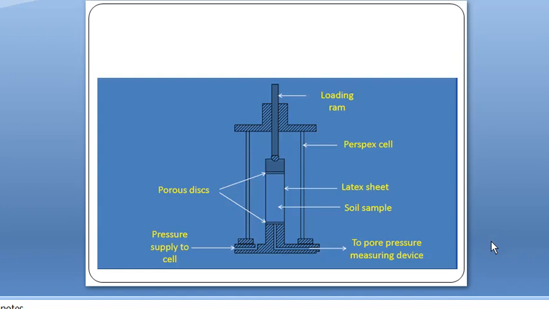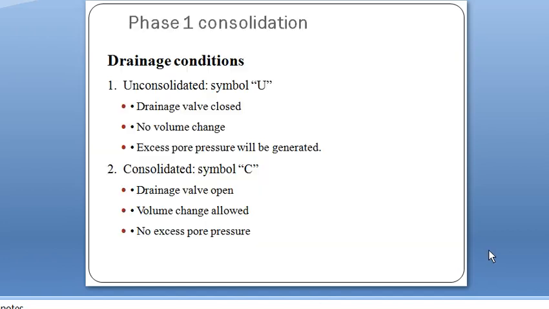And this is the experimental setup to find the shear strength. There will be a loading ram. Through this loading ram we apply the normal stress, and this is the cylinder where we put the specimen, that is, the soil sample is filled inside the cylindrical specimen, and L by D is equal to 2, that is, the diameter will be half the length, or the length is 2 times the diameter. Here a porous disc is inserted to allow drainage, and through this portion we apply pressure, and a pore water measuring device is attached. This is the experimental setup of the triaxial test.